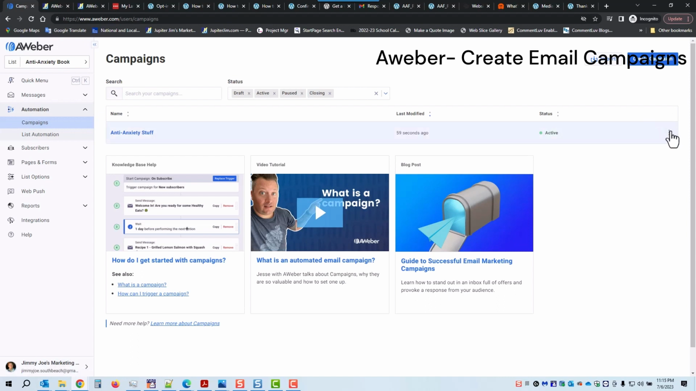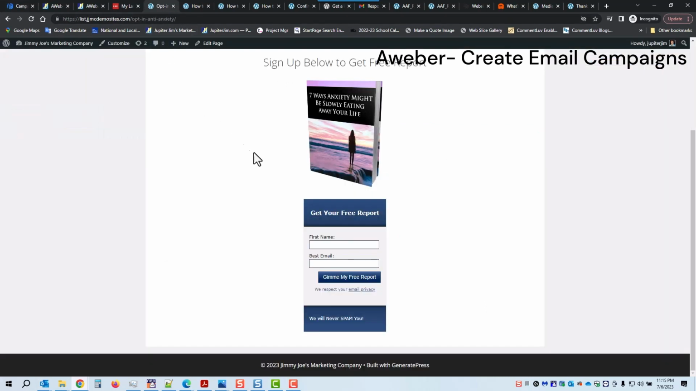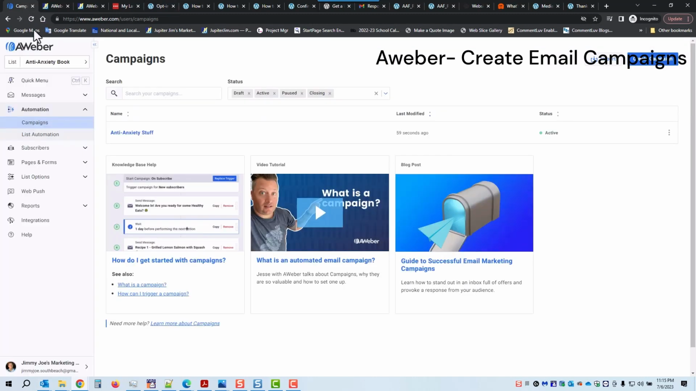Once again, if I want to change the activation level, I can go here. I don't want to do that. You can also copy the campaign and send it to another list if you so choose. So this is an active campaign. Anytime anybody goes to this opt-in form, which is for the anti-anxiety book list, they will trigger this campaign,